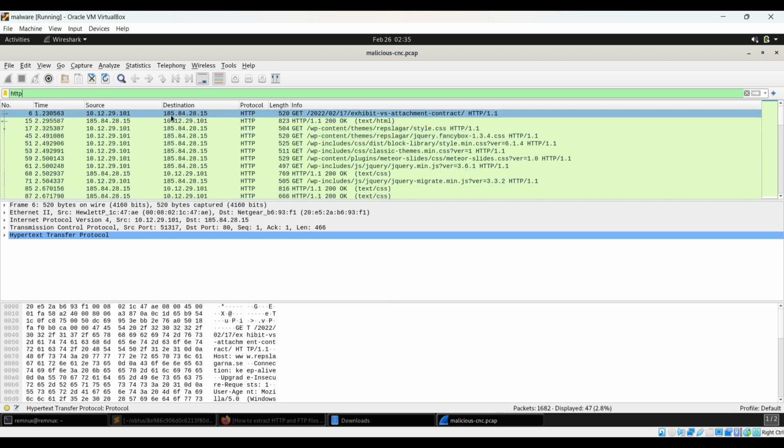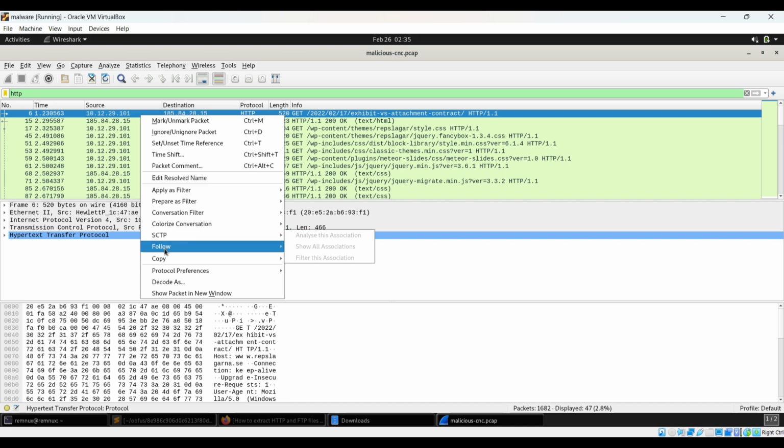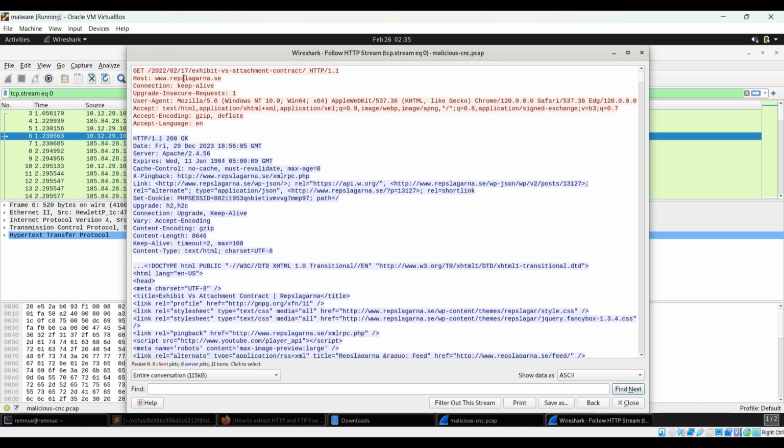Here is our destination IP, this is the source IP. So some request has been sent from source to the destination. Again, a response has come, so we can see everything that is happening. Let's go to follow and follow http stream. So here we can see that there is a get request that was sent, and this is the URI and